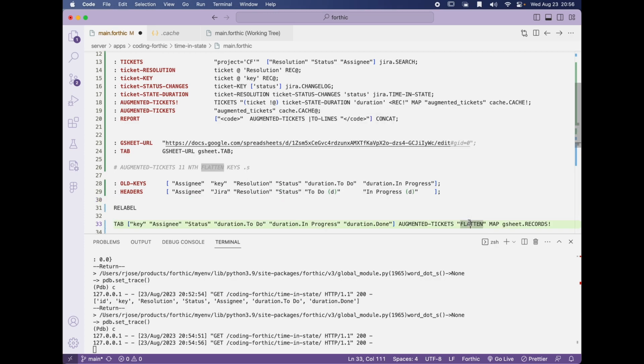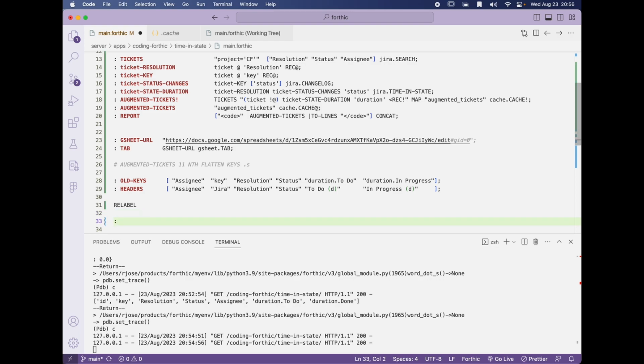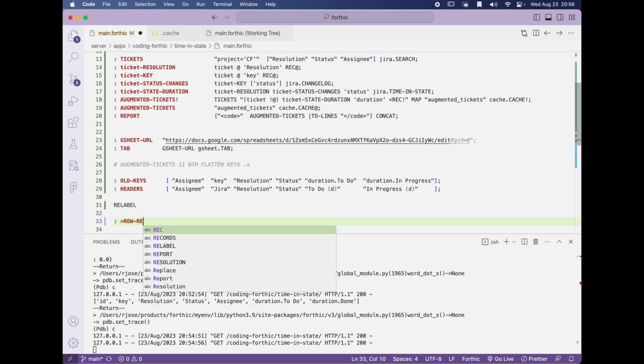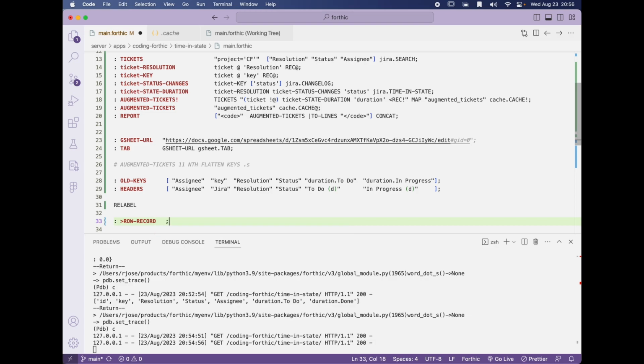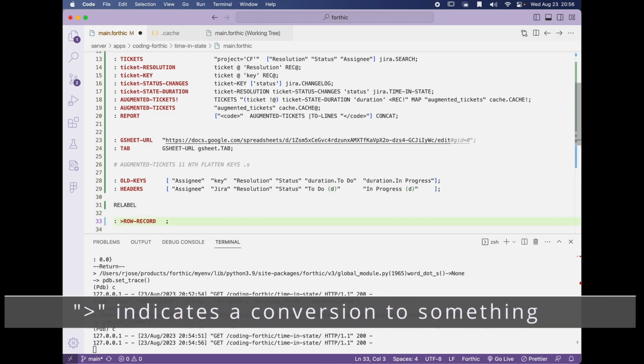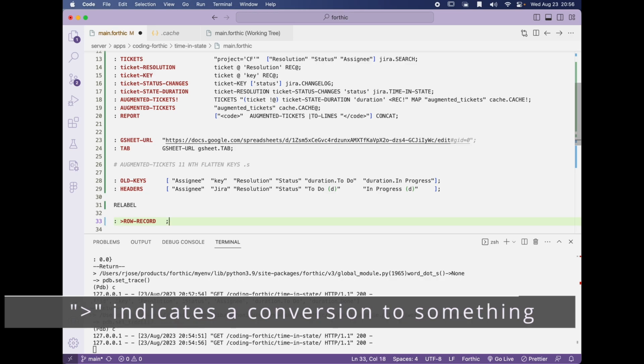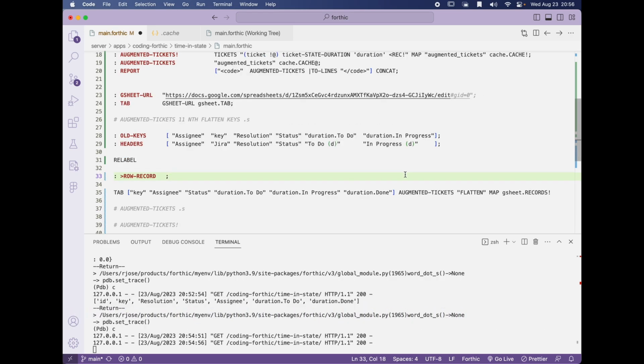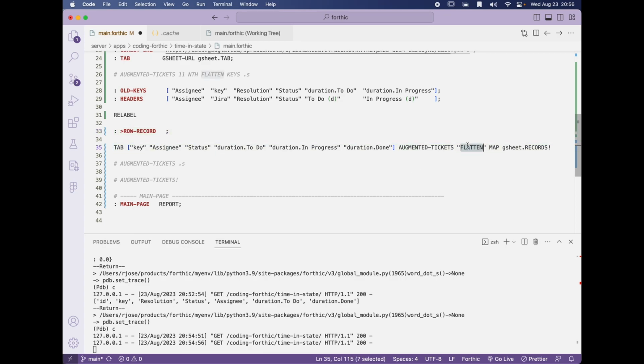We could keep adding stuff onto this flatten thing, but another pattern I like to do is when you're converting something into something else, like this augmented ticket into essentially a row record, I like to just call that a row record word. So the way to read this is this greater than is 2. It's like you're converting whatever is on the stack into a row record, and then we could just do the things that we were going to do. So we're going to flatten it first,